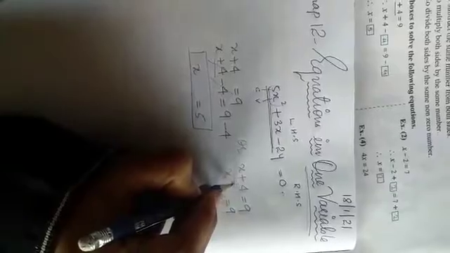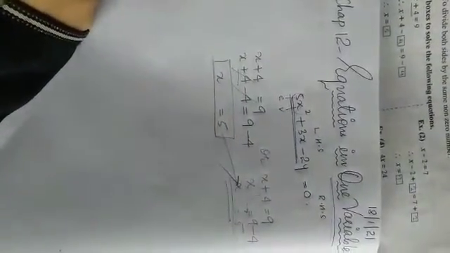Or you can solve in this way also. X plus 4 is equal to 9. Keep x as it is over here, 9. This is given with the plus sign. Whenever we take plus 4 to the right hand side of the equal sign, it will change its sign, and we have to take minus 4, the opposite of it. So x is equal to 9 minus 4, 5. X is equal to 5. So this is the solution of the equation.